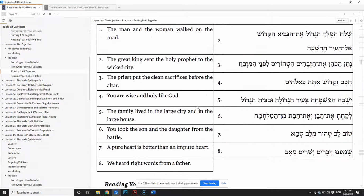All right, translation. Looks like number 3 is the longest. So again, my methodology for Hebrew translation, when I have a sentence, I'm going to expect the first word to be a verb. Thirty or so percent of the time it won't be a verb, but if I come at it with the expectation that that is a verb, that's going to help me recognize the word a lot more. If I'm trying really hard to figure out what this verb is, maybe it's just not a verb. That's always a possibility, but I'm always going to start with the assumption that the first word is a verb and that it's going to be immediately followed by its subject if it has an explicit subject,